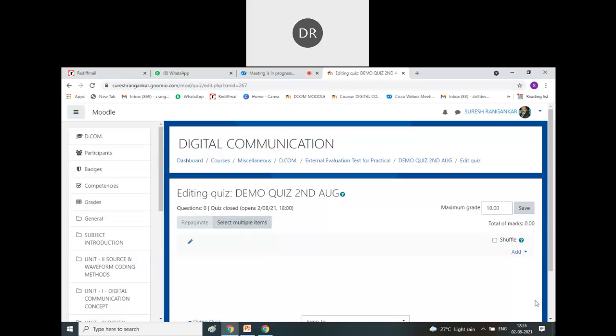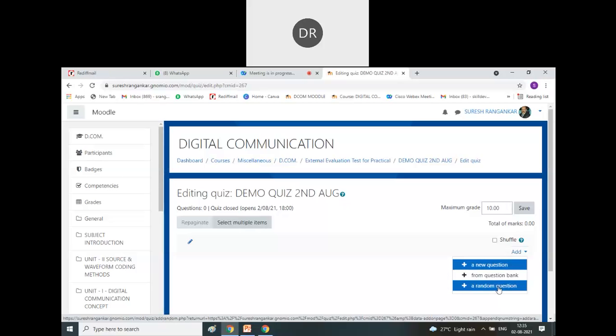Now if you scroll down you will find some add tab. अगर इसको क्लिक करेंगे तो there will be 3 options. New question means you can frame the questions one by one manually. I will show you that also. Or else from the question bank, जो मैंने आपको प्रोसेस बताया कि आपको अगर एकदम 30 क्वेश्चन अपलोड करना है, that will also show you if time permits. You can directly select that question bank and you can import all the questions here.